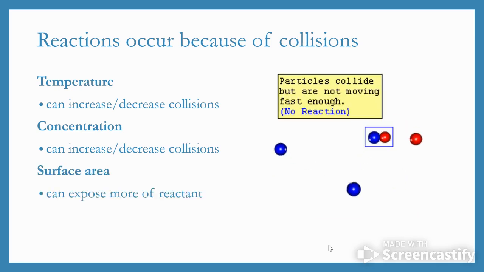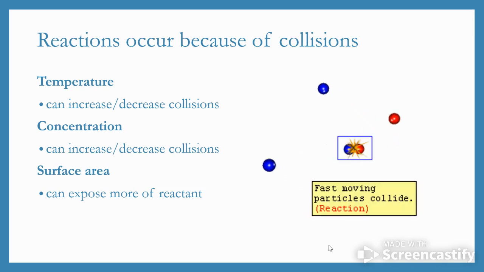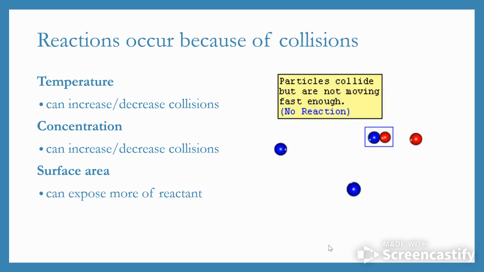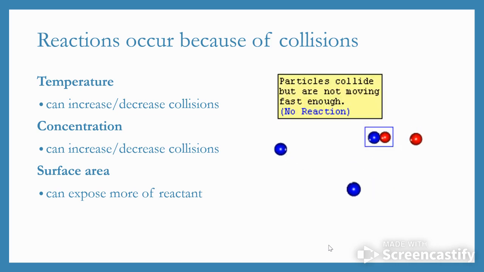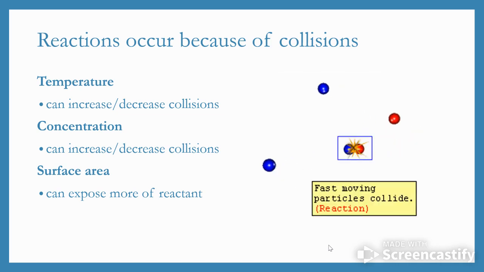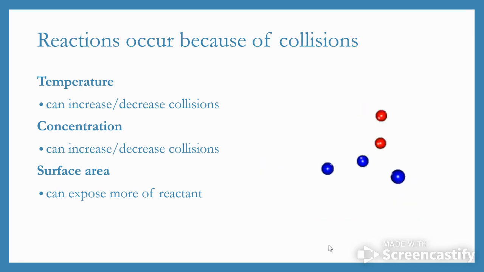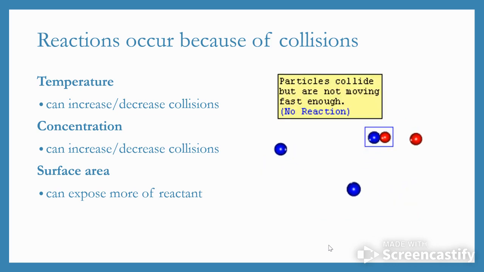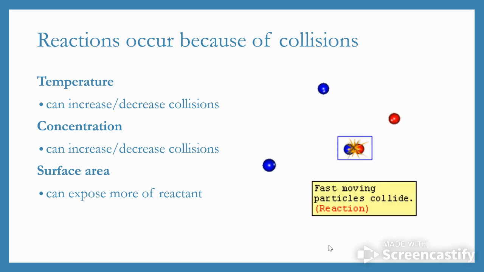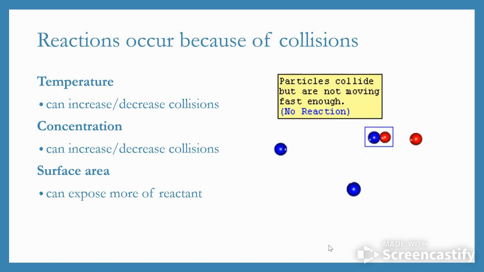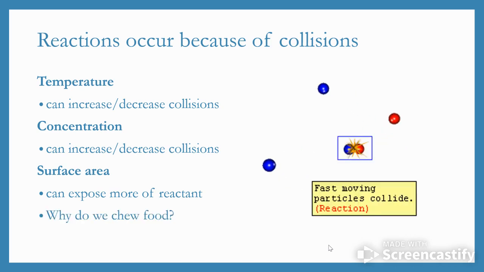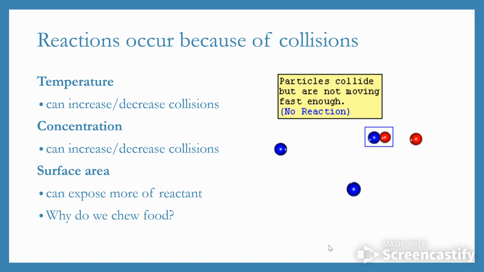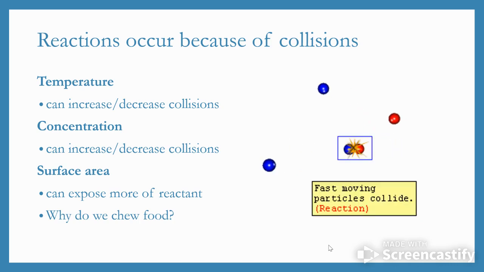Surface area as well. If you expose more of the chemical to be able to be attacked by another chemical or collide with another chemical, then the reaction can occur faster. And if there's sort of an insulated area, let's say you're trying to react something that looks more like an M&M, the inside of the M&M really can't react until the outside does. So you would want to crush that up so that there's more available to react. That is actually why we chew food, so that the food can have greater access to the chemicals